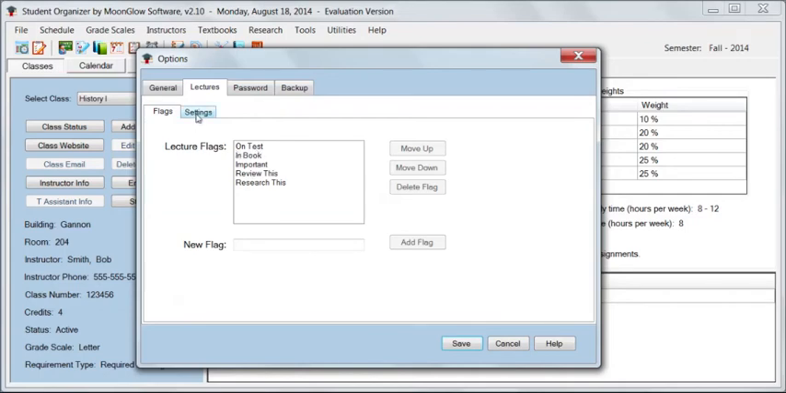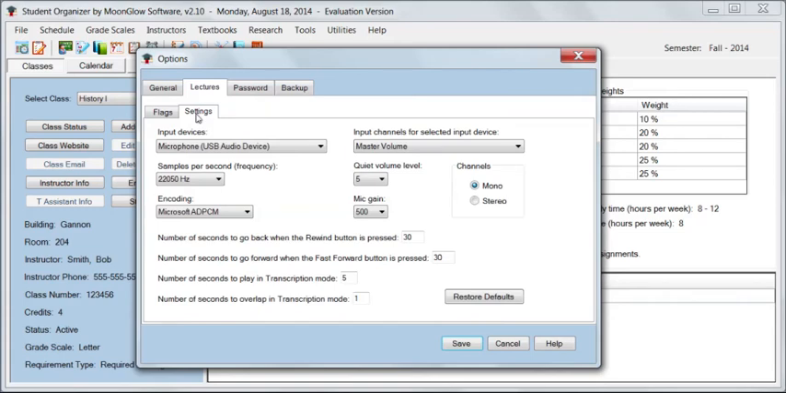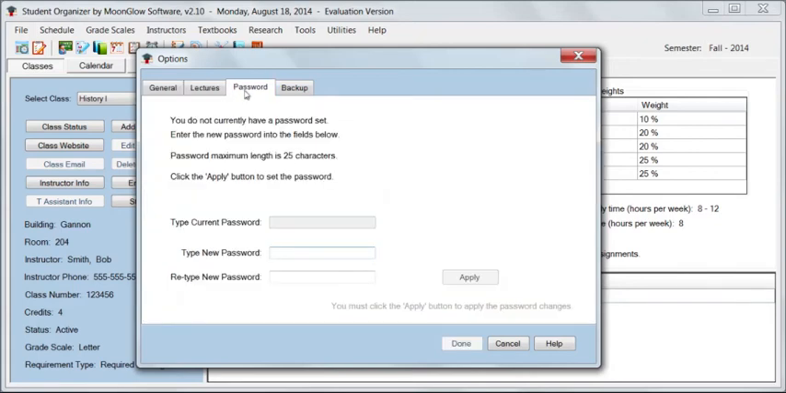These settings here are for the recorder, the audio recorder. Most of these defaults you can just leave. If you're a real geek, you might want to play with them. For the most part, the default settings should work okay for you, but you can adjust them here if you want to. And you can set a password for the program,